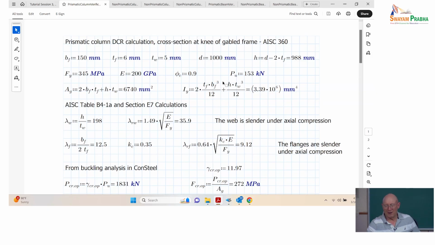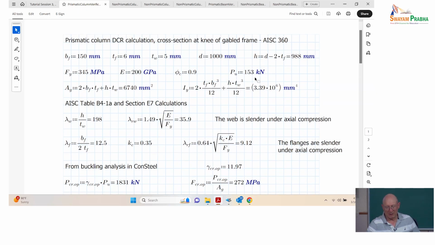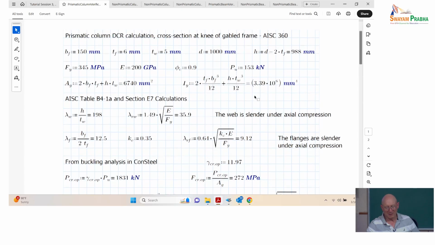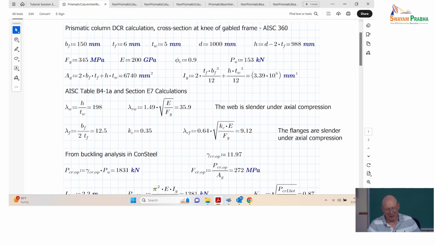Okay. So again, you can see the axial load that we're checking, Pu in AISC notation, is 153 kilonewtons. I'm calculating the gross area. That's just the sum of the areas of the 3 plates. Then the weak axis moment of inertia. So then we talked about